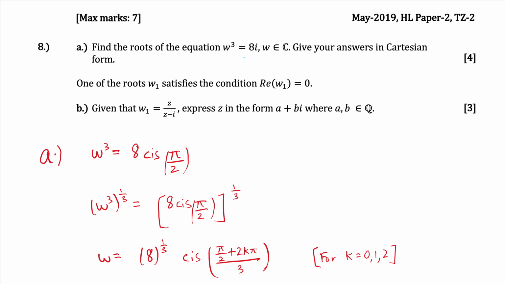So firstly, I can rewrite 8i in modulus argument form as 8 cis pi on 2. If I write this in the expanded form, this will be 8 (cos pi on 2 plus i sine of pi on 2). This is the expanded form of cis. Both of these mean the same thing. From here, cos of pi on 2 we know is 0. So inside the bracket we will have 0 plus, and sine of pi on 2 is 1. So 1 times i will be i. From here we will get 8i. So these two are the same. So I can write 8i as 8 cis pi on 2, and this is the modulus argument form.